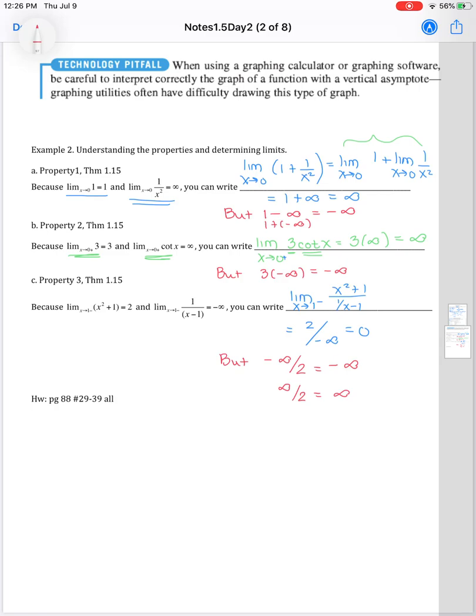So you would use these properties if you were looking at the problem and it was becoming like an addition, subtraction, multiplication, or division type of thing. Dealing, again, though, with one-sided limits, it does not have to be one-sided limits because in the A, you don't see a specific direction. But at some point you might have to encounter these properties, if you are seeing two things being added together, subtracted, or multiplied,